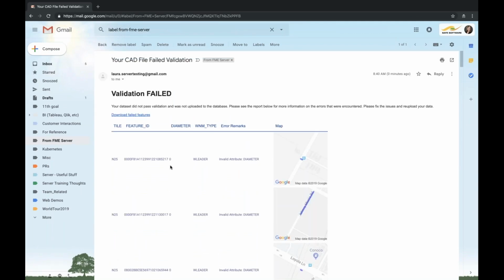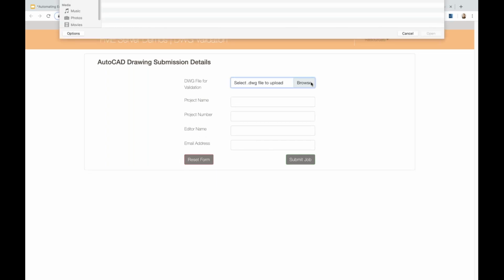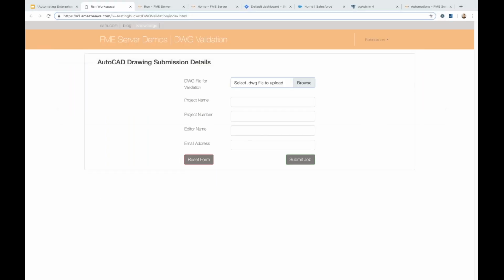This is giving me a summary of what was wrong with my data, giving me some information and a map of where that location was. I can also download a copy of the failed features. So I could then go into my data, fix it all up, and then maybe I can come here and reset this, upload my good data now that it's all cleaned,